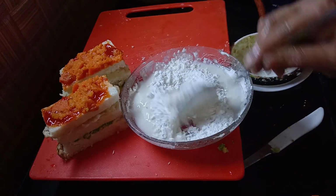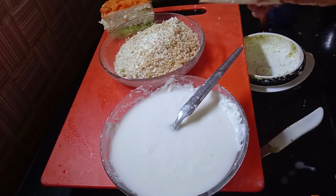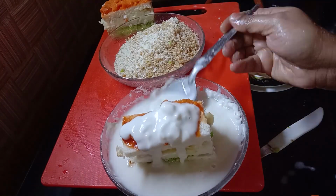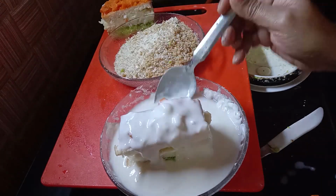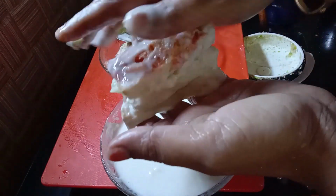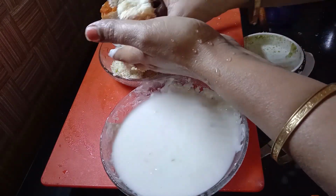Here I am taking Maida and Cornflour to make a slurry consistency. Dip it into the slurry and then transfer this to the breadcrumbs. Coat it nicely,